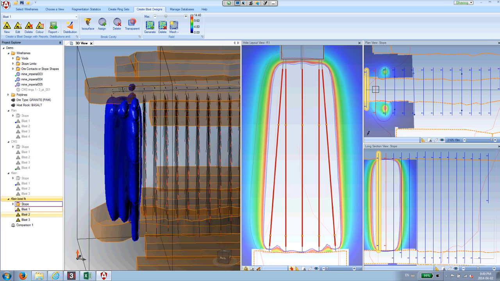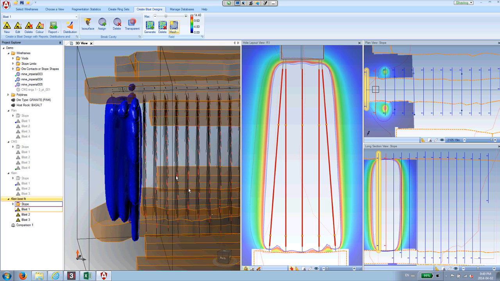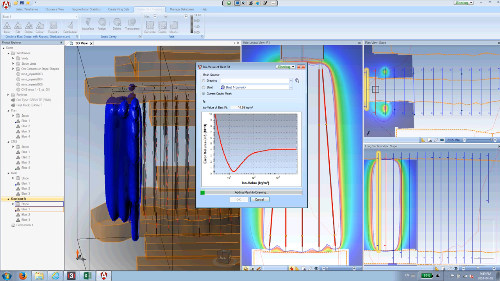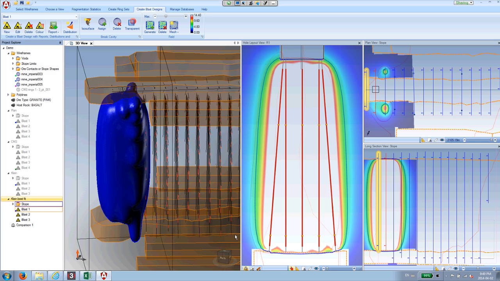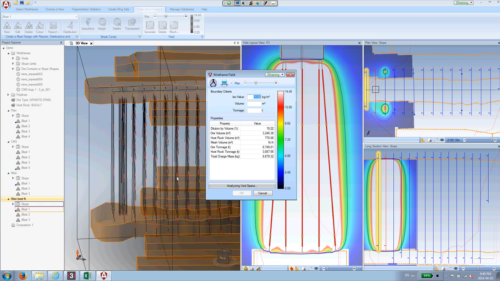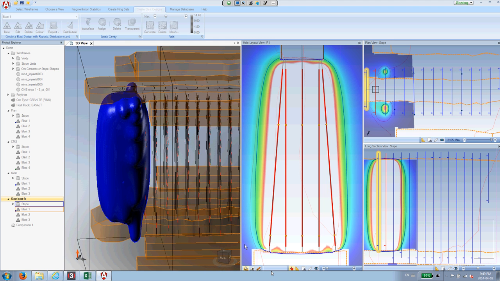All right, and what we can do is, wrong one. So in this little drop down we have a best fit, and I will do to the CMS. So it'll go through and it'll calculate the best fit for the ISO surface for the Klein field, and this is the shape that it's looking at generating. So if I mesh this, so there's my shape, and if I do another comparison,